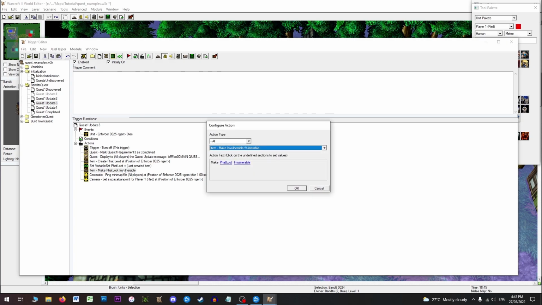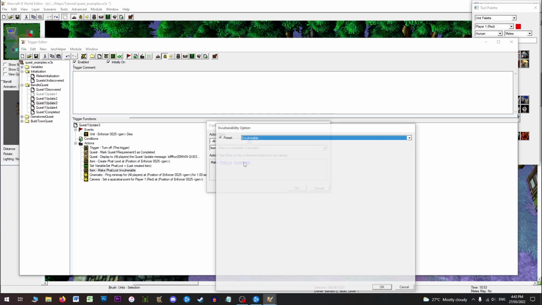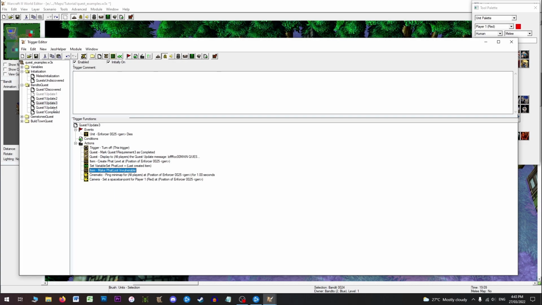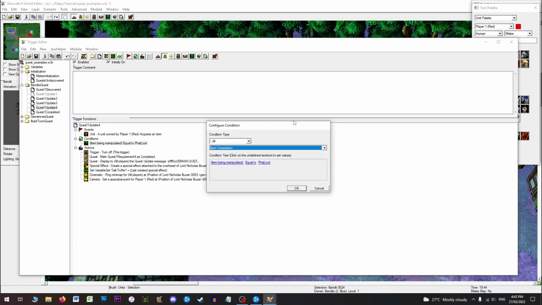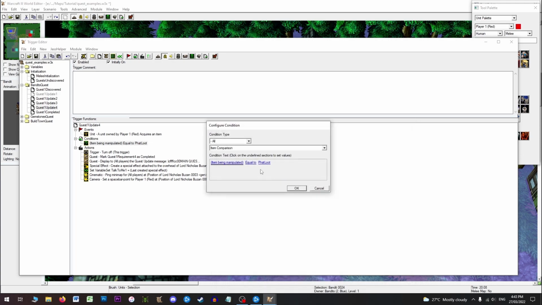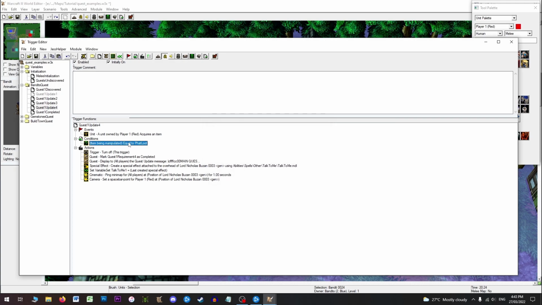We also do some cleanups, such as making sure that the fat loot is invulnerable so that the player doesn't accidentally destroy the item. Then we have another quest update trigger where if the player acquires an item, and the condition we have here is if the item being manipulated is equal to the fat loot that was just dropped by the bandit lord, then we also turn off the trigger, we update the quest requirement and message,